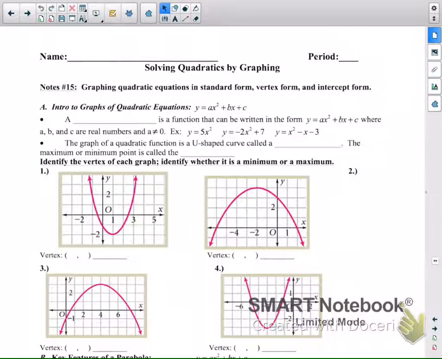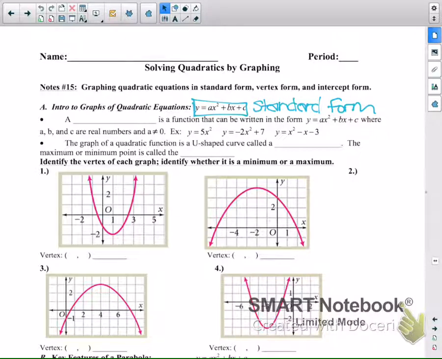On quadratics, we in the past have talked about 3 different forms. You see one form right here. This is the form that you frequently see a quadratic in. We call this one standard form. Once you see standard form, the only issue with it is that it doesn't really tell you much about how